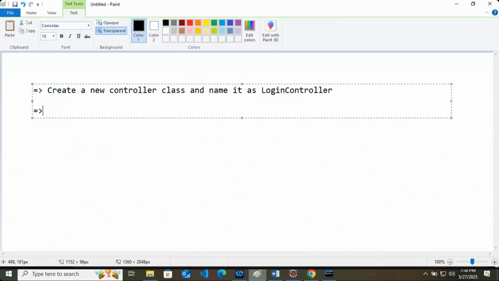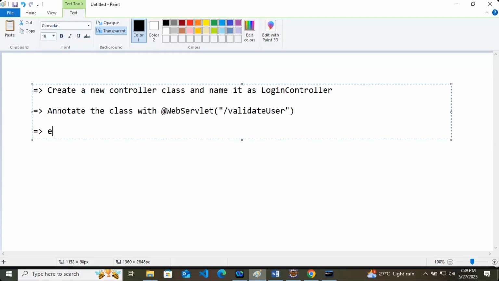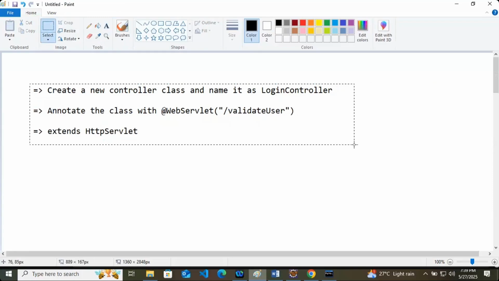Once it is done, annotate the class with @WebServlet so that it can accept a request, and the request will come at validateUser. After that, extends HttpServlet class. So these are the three steps that you have to do with your login controller.